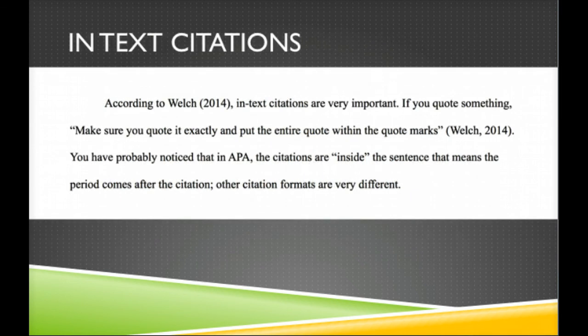A very important feature of the APA format are what we call in-text citations. There are many different ways to do this, but in any case, we are giving the author, the originator of the idea or the quote, credit for what they have contributed to our paper. In our first example, we're stating the author's thoughts or ideas but we're not directly quoting. In our second example you see here, we have a quote. Now, it's very important that you include quotes in quote marks, that they be written exactly, and that you not change anything that the author wrote.